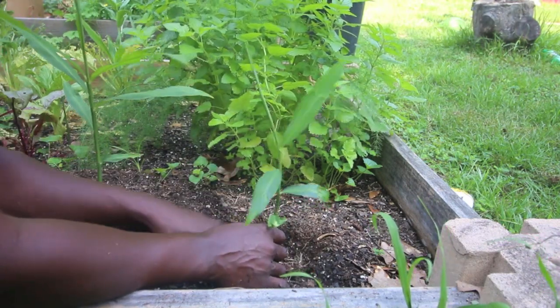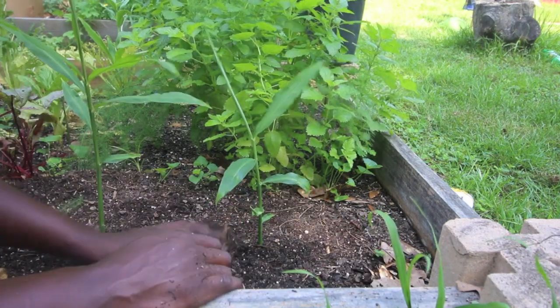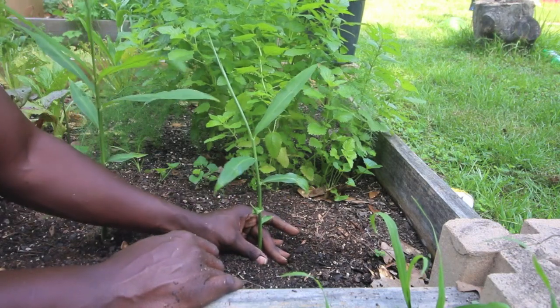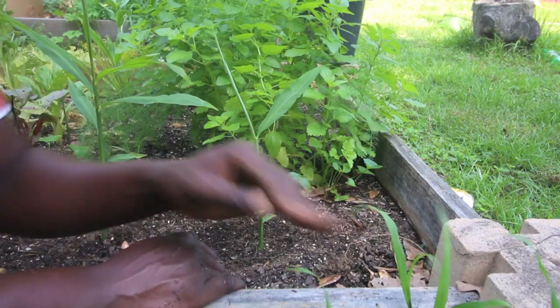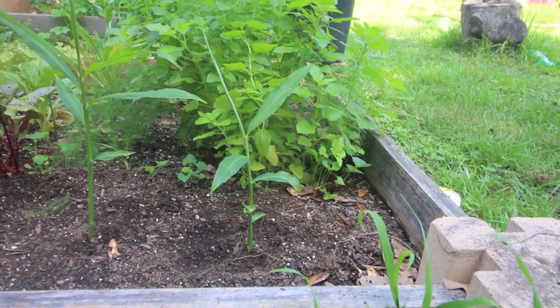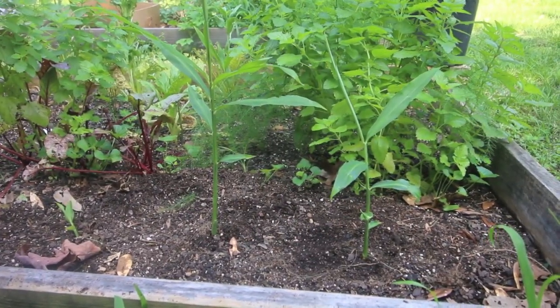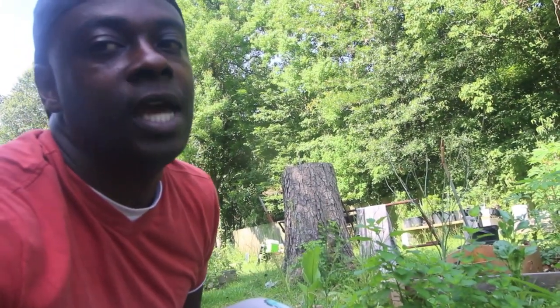Not really concerned about depth because I'm not a professional on planting ginger, but I believe if you get it under there, it's supposed to be a root, it's supposed to be underground. So as long as it's underground, no matter which depth, not too super deep, but deep enough, and there you go. You have some ginger planted. I'm gonna go ahead on and plant the rest of them myself. I'm not gonna do a huge video on it. I just wanted to show y'all how we actually propagate our ginger,